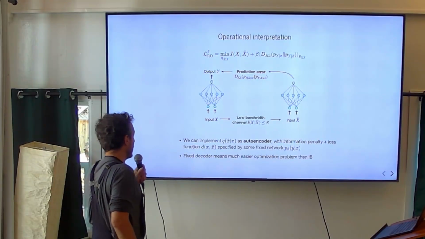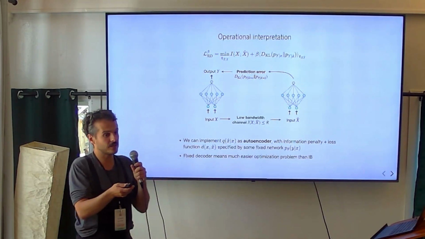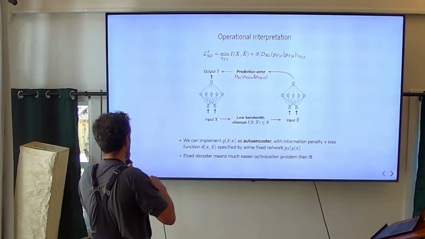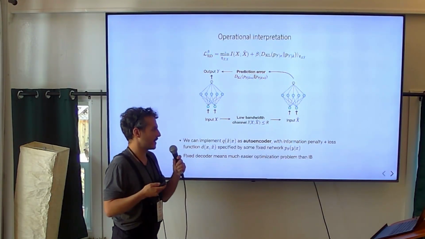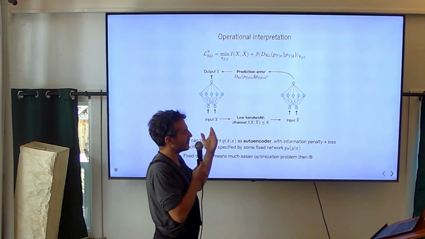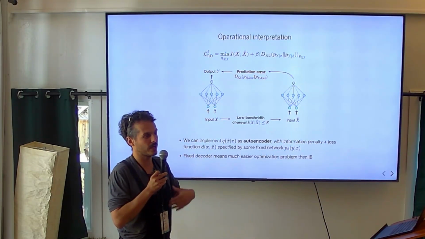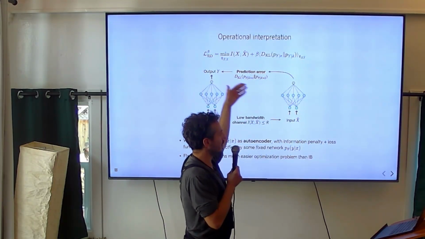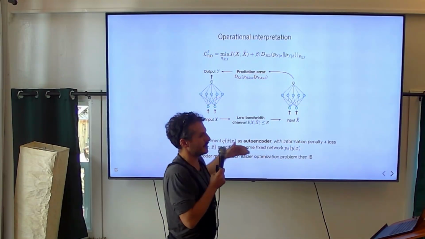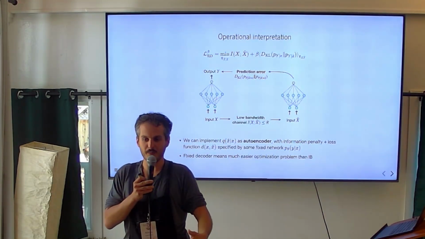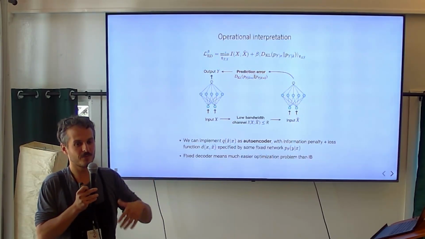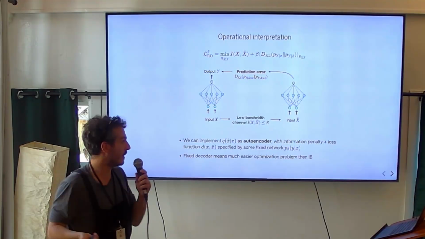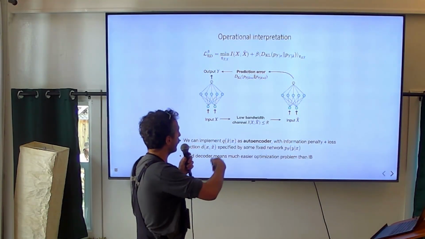We can write the objective for this, for example, if we wanted to learn it with gradient-based learning. The problem is much easier than information bottleneck, because if we do information bottleneck with machine learning, we have to train a separate decoder. There's a kind of adversarial thing that happens where one part is trying to compress the input and another part is trying to decode from it, and it's quite unstable and not very easy to train, as I've seen in my own work. Here we don't have that problem.